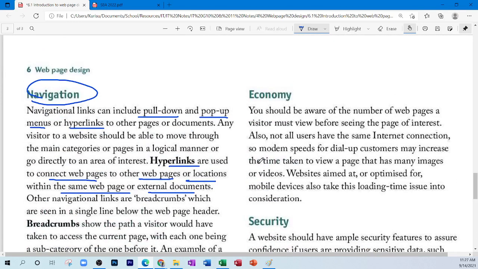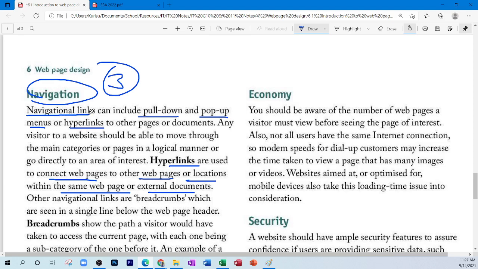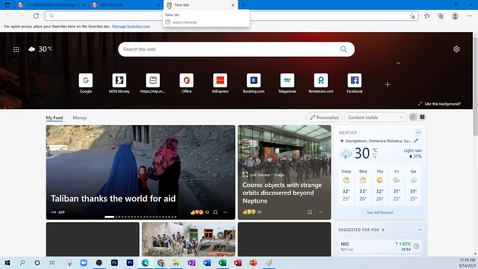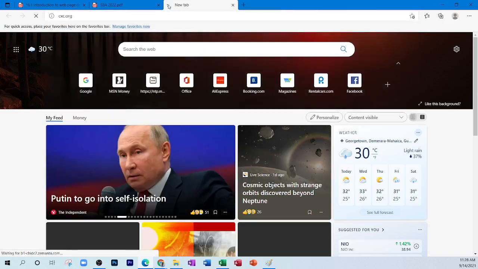Very good. So, navigation. How do we get persons to navigate our website? How do we get them to do so effectively? Well, we use something called navigational links. Now, these navigational links can be pull-down menus or pop-up menus. They're basically menus. So if we go to cxe.org,